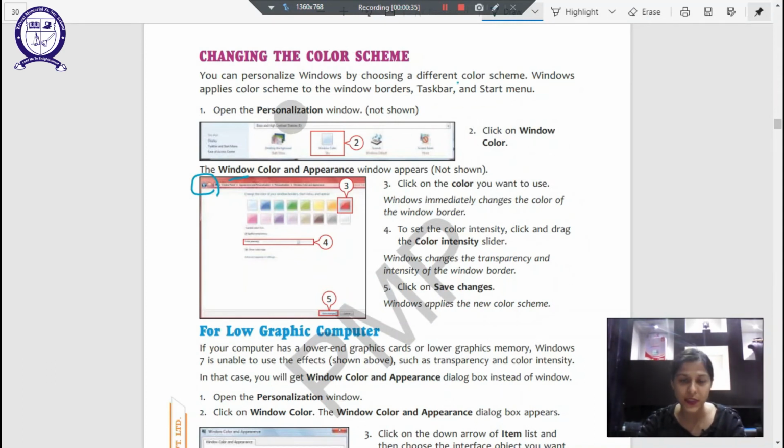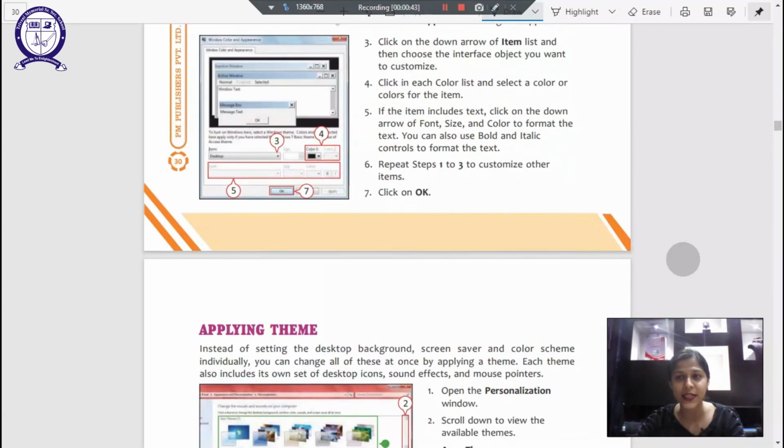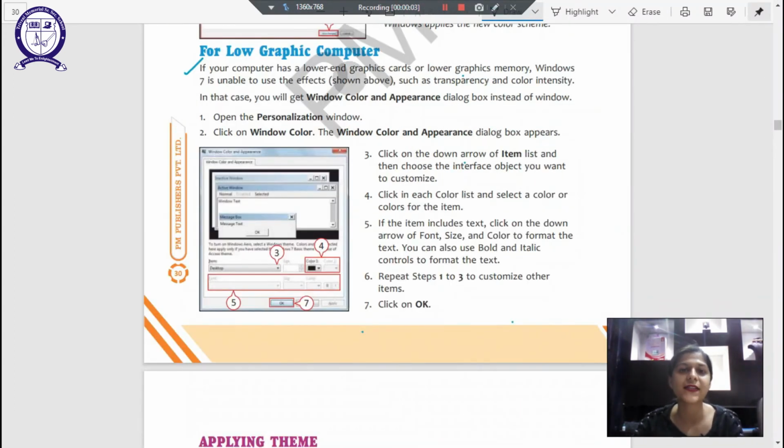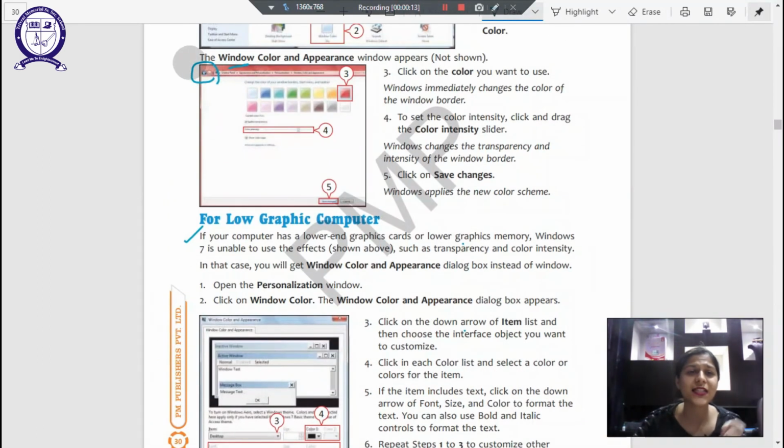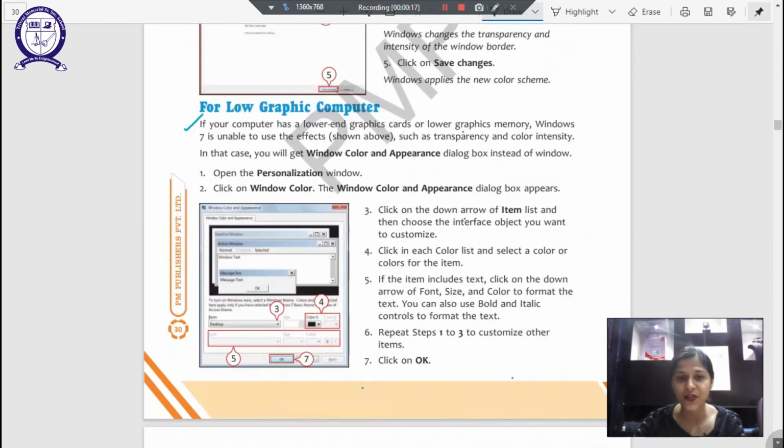We will go to the personalization window, which I showed you previously how to open, and then we can simply change the colors in our Windows settings, right? So if a computer has a lower end graphic card or lower graphic memory, Windows 7 is unable to use the effects that are shown above, such as this. You can see that there's transparency and this color intensity effect, right?